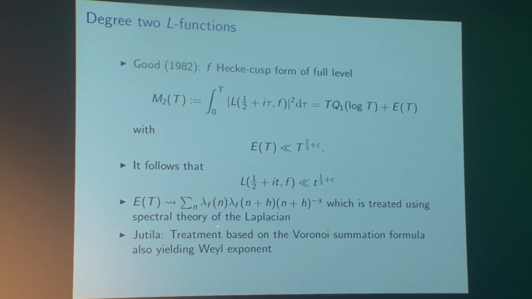Utila gave a different approach where his treatment was just based on the Voronoi summation formula, so it's less technical than the spectral theory of the Laplacian, and ultimately it also gives the Weyl exponent. Okay,